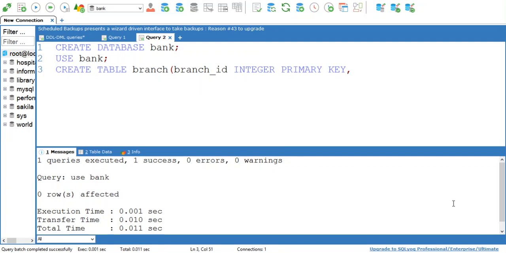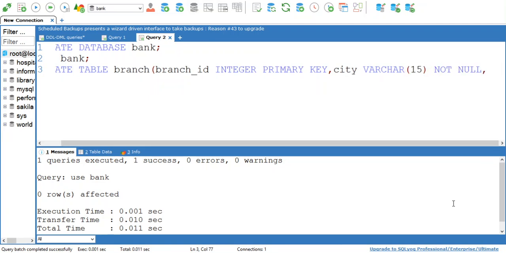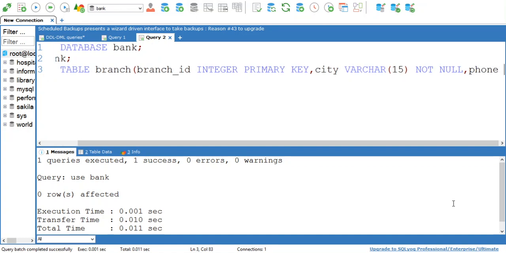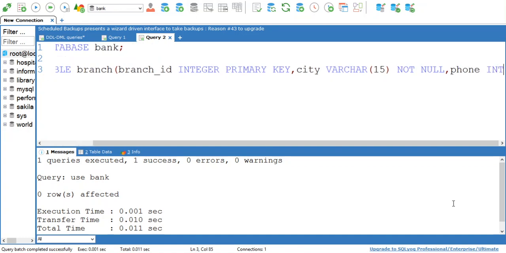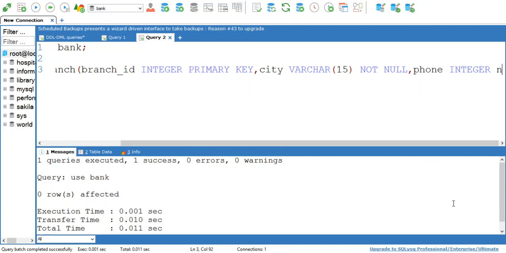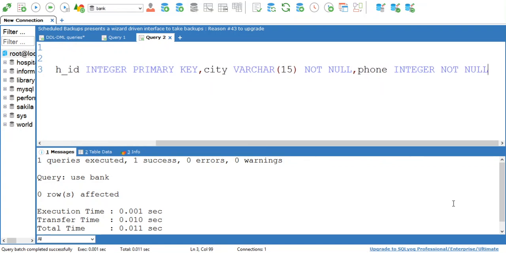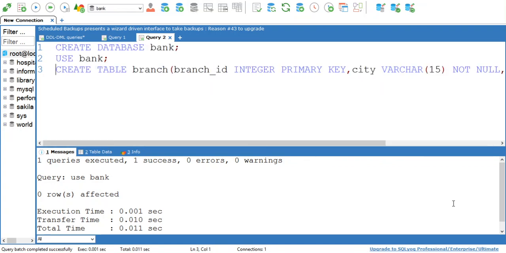Now I have another attribute, that is city, in which that branch is located. City is a character type with a size, and I am giving not null constraint to city, and the last attribute is phone. It is of integer type and it is also having not null constraint.